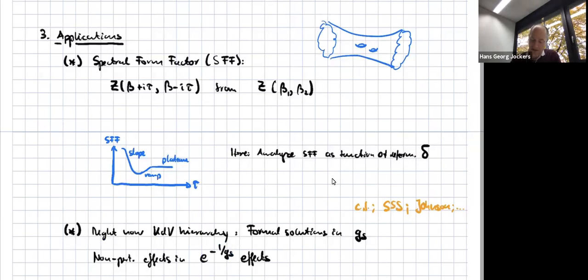And actually, it is discussed in the literature that this plateau feature, the transition from ramp to the plateau, makes it necessary to have these 1 over GS factors. However, it turns out that in a low temperature expansion, and this was also something already pointed out by Okuyama and Sakai, you can actually work in a certain limit where these non-perturbative effects are suppressed and where this asymptotic series actually becomes convergent.